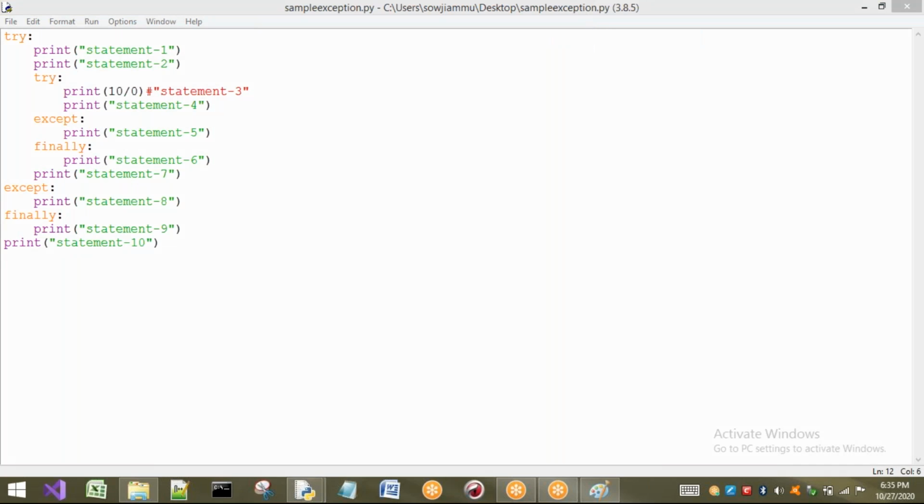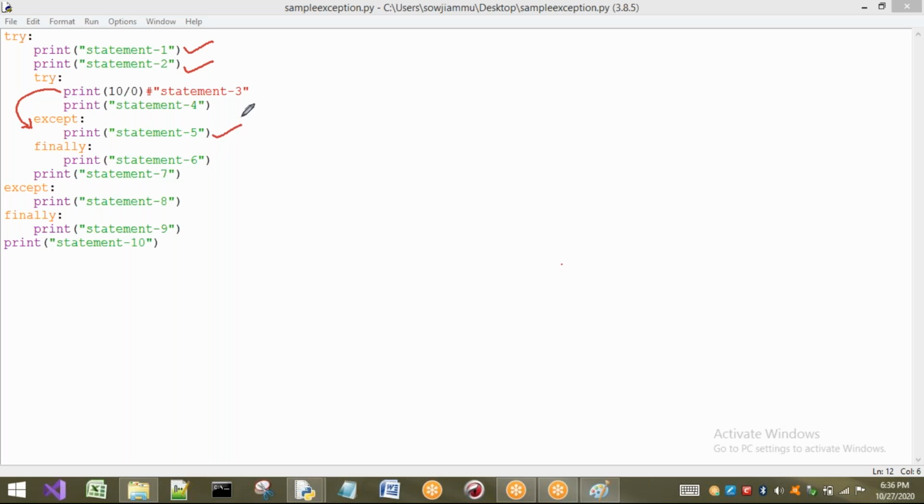Okay, right. So here statement 1 is going to be executed, statement 2 is going to be executed. Next it comes to statement 3. Inside a nested try or inner try, there is an exception, so it will jump out of this try block, and it will check for what? Corresponding except block. Is there any corresponding except block? Not there. Is there any super class for that corresponding except block? Not there. Exception class? Not there. So it will go to the default case. There is no problem here.